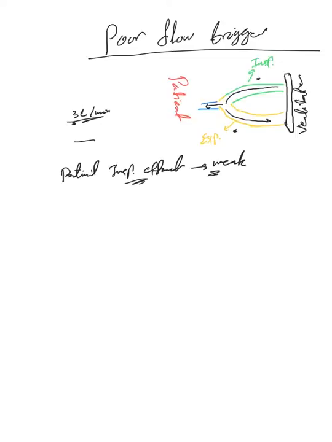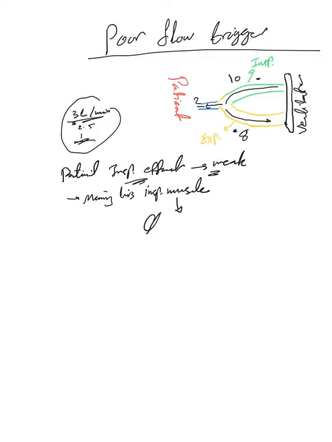The patient may be able to, if it's 10 here, pull 2 instead of 3, and here will be 8, or 2.5 or 1. So the patient is trying to breathe, you look at him, the patient is moving his inspiratory muscles. You look at the patient, but there is no breath